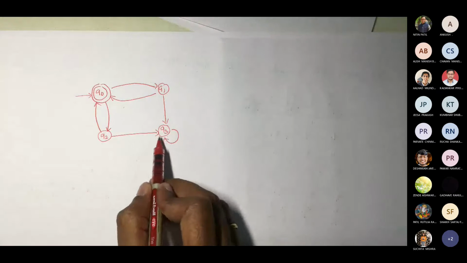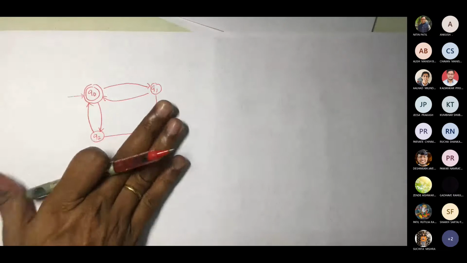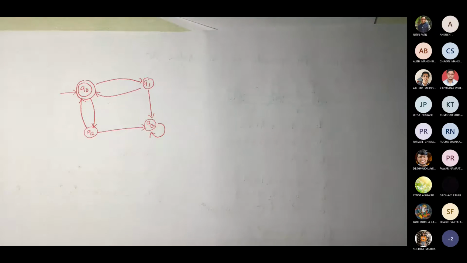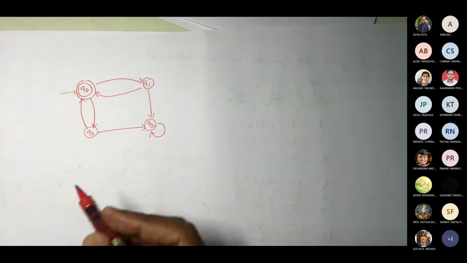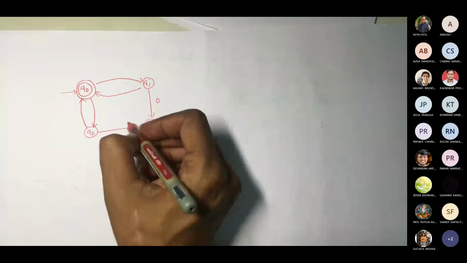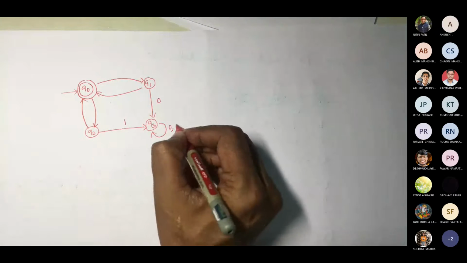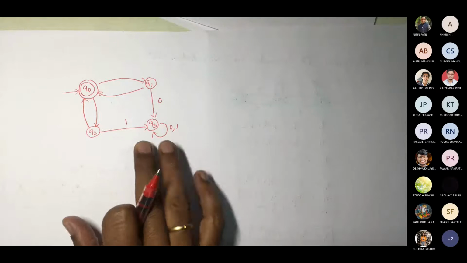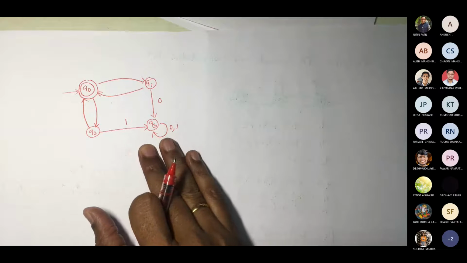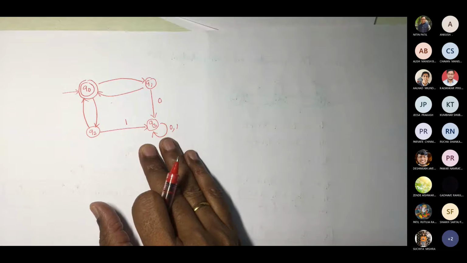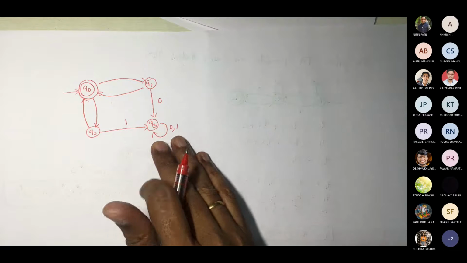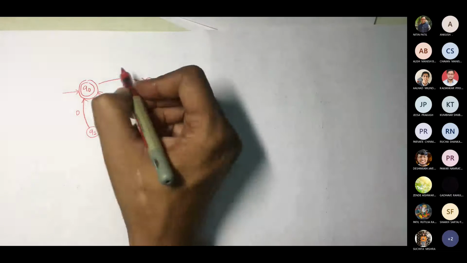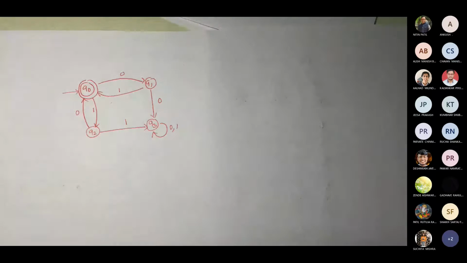Now see this Q3. We have all incoming transitions, but even if this is not there, it's OK, correct? Because it is going to Q3, but Q3 is not taking you back to Q0. But you may be given this kind of transition diagram. It is 0 as well as 1, so there are two transitions from Q3: Q3 on 0 goes to Q3, Q3 on 1 goes to Q3.